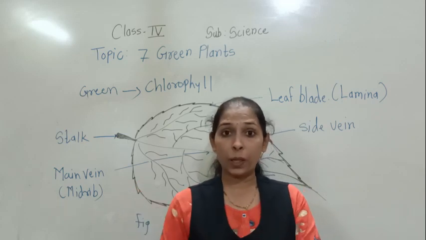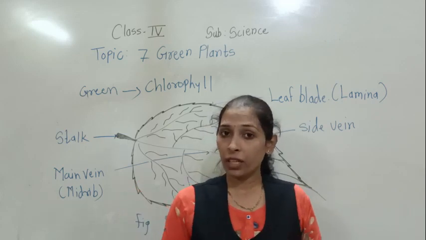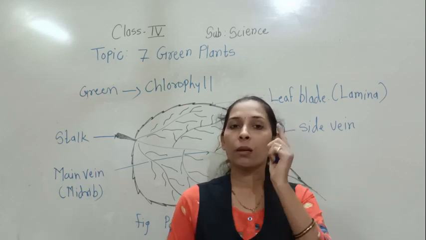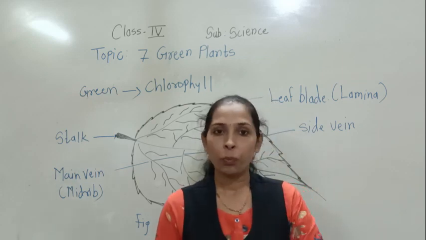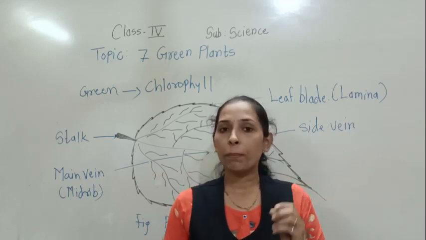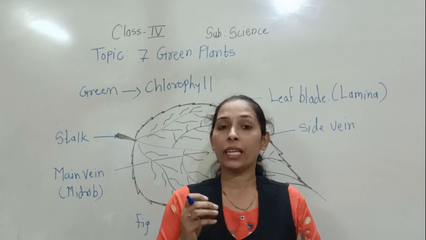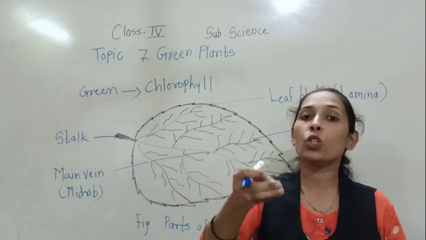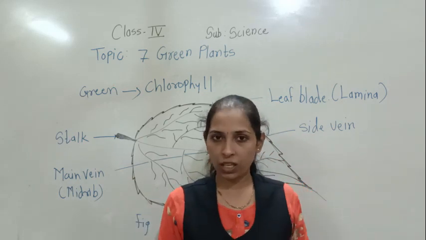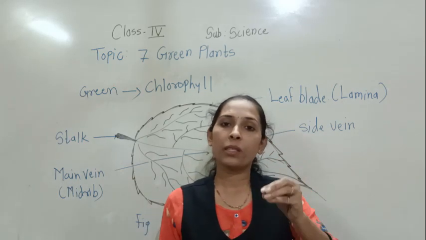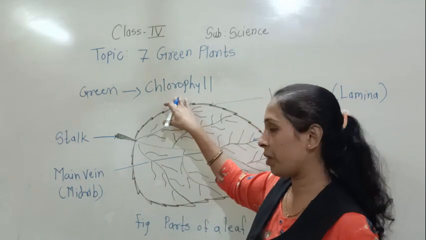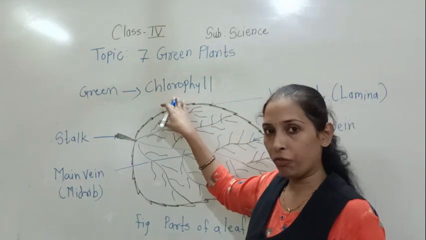As we know, animals are living things, and along with us, the plants are living things too. If they are living things, they require food. So the plants also require food, and they can make their own food. For their food they do not depend on anyone. The plants can make their own food with the help of this chlorophyll.